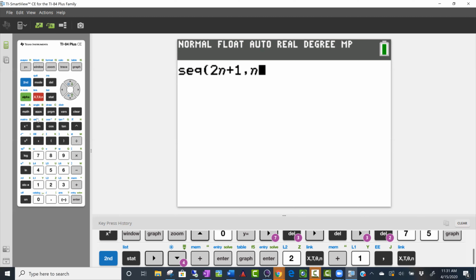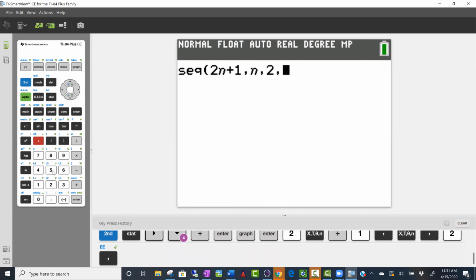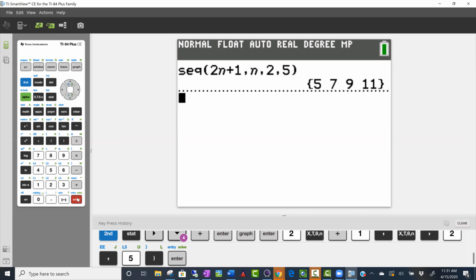That's my variable. Comma, where do I want this to begin? Well, instead of just mundane 1, how about if we begin it at 2? And I want it to go up to 5. And bam, there you go. It lists out the terms in the sequence. Now suppose, let's do that again. So if I hit the second key and then the enter key, and I'm going to change it up a little bit. I'm going to go between